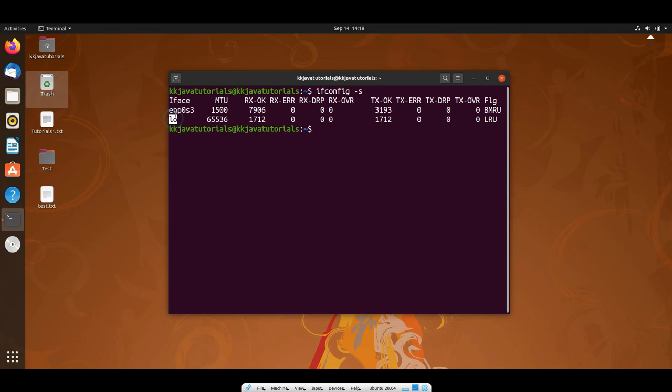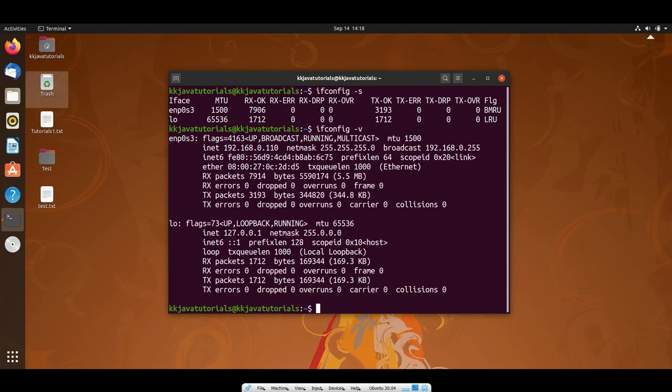That will give you a short description about all the available network interfaces. Next, ifconfig with the -v option is verbose mode, which will give you some more information in the log, right? So that's the next option.